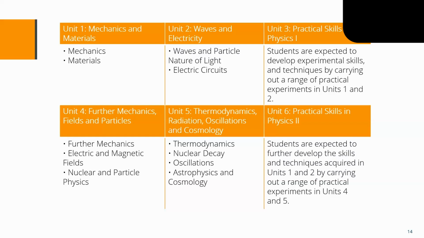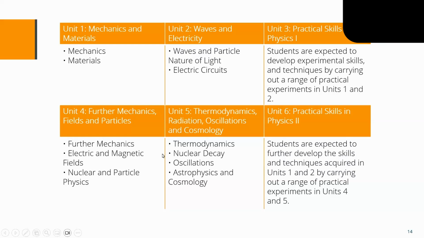Okay, so Unit 1, as the name suggests, includes mechanics and materials. Unit 2: waves and the particle nature of light, and electric circuits. Unit 4: further mechanics, electric and magnetic fields, nuclear and particle physics. And Unit 5: thermodynamics, nuclear decay, oscillations, and some astrophysics and cosmology. And in Unit 3 and Unit 6,